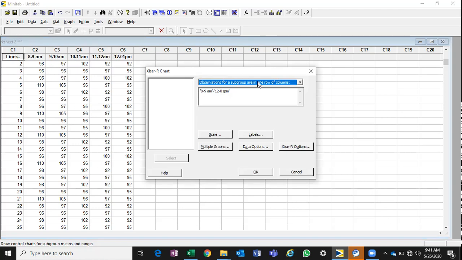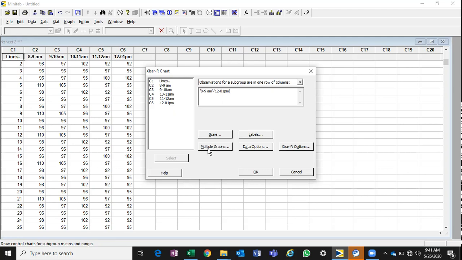It says there are two ways. All observations for a chart are in one column, if you have that, you can select it. Or observations for a subgroup are in one row of columns. I'm selecting from the beginning: you can select the first column and then Shift plus down arrow to select all these values, and then select.